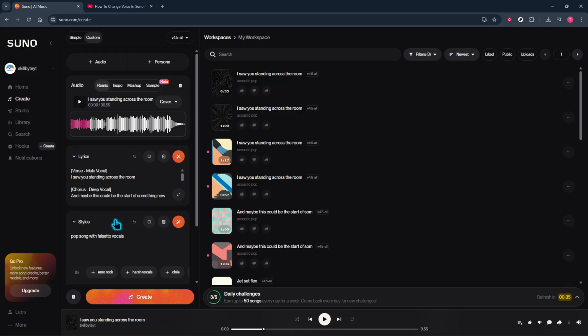Some versions also include personas, which are preset vocal identities you can reuse. Create a song with a specific voice you like, save that setup as a persona, and then apply it to future songs. You can switch between personas across tracks to maintain consistency, which is especially helpful for albums, branded content,